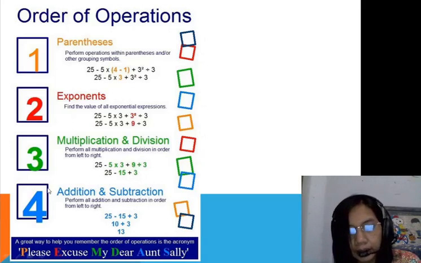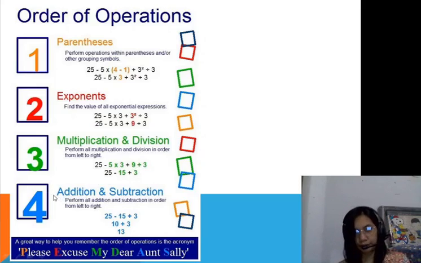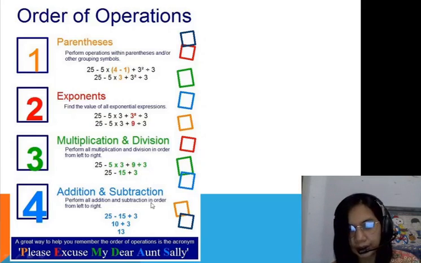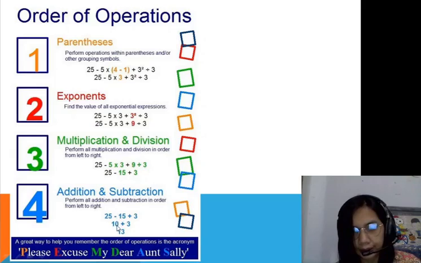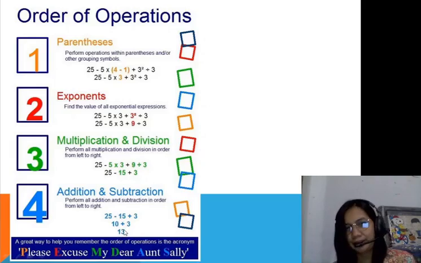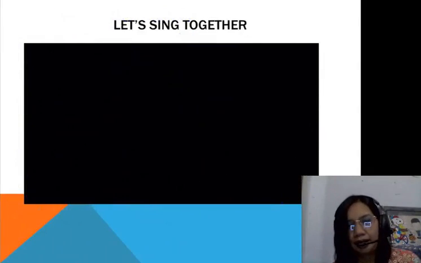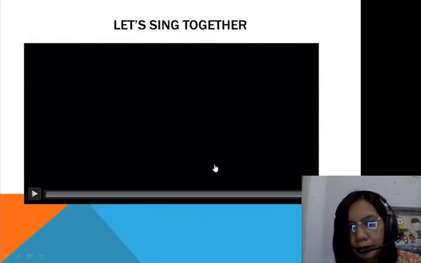Okay, so the last step is about addition and subtraction. Perform all addition and subtraction in order from left to right. So 25 minus 15 plus 3, look at this, from the left, 25 minus 15 is 10, plus 3 equals 13. Okay? After we study together about other